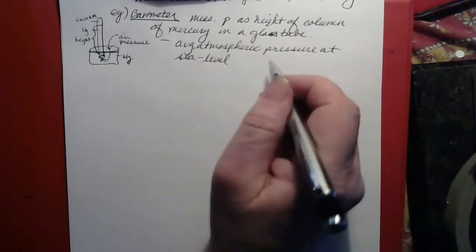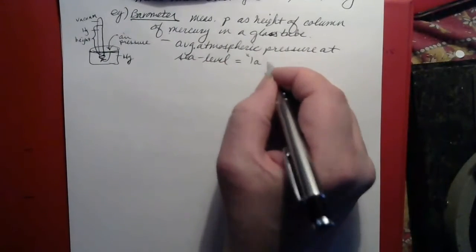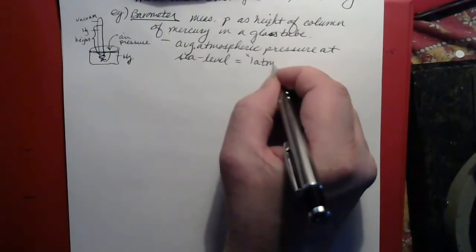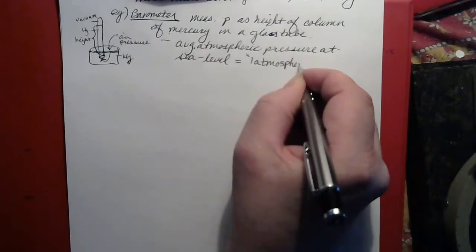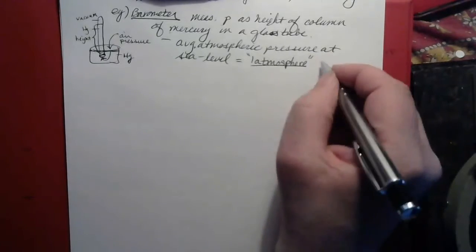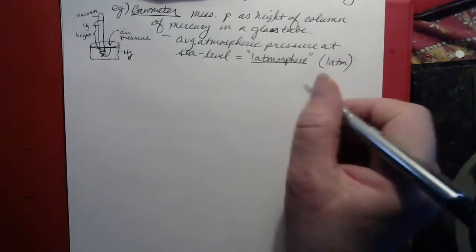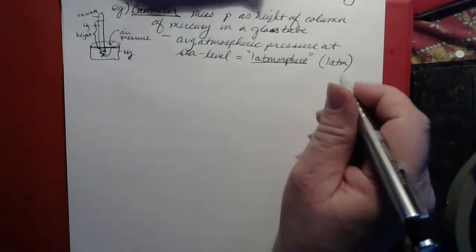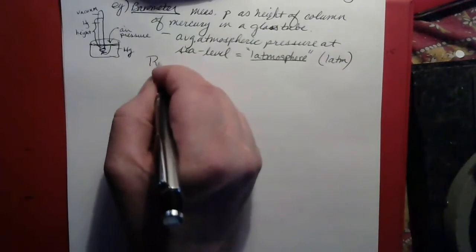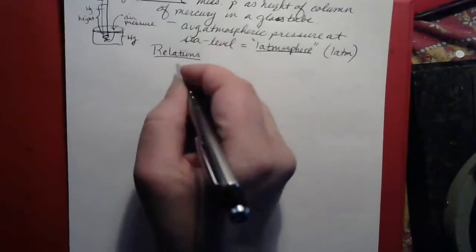And the average atmospheric pressure at sea level is an important concept in dealing with gases, because that's often used as sort of a benchmark for pressures. That's known as 1 atmosphere, or 1 ATM. And the relationship between 1 atmosphere and other units of pressure